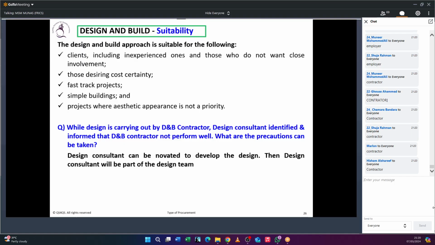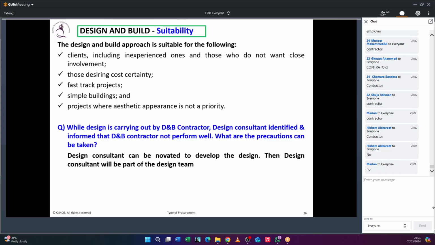Now, when the contractor enters into the first stage under the two stage, do they know any construction time and the cost? Did they agree anything? When it comes to the design and build, when they enter into the agreement, did they agree the time and cost? Yes. So do you understand the difference between the two stage and the design and build? Is it same? It is not same. Okay, these are the reasons.